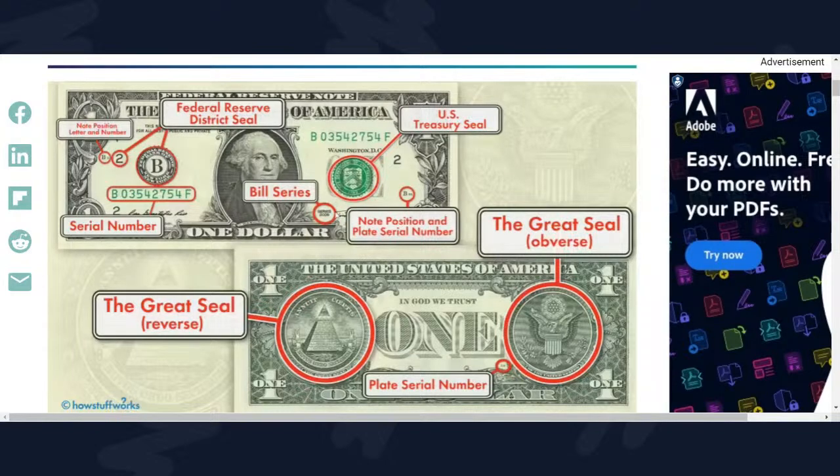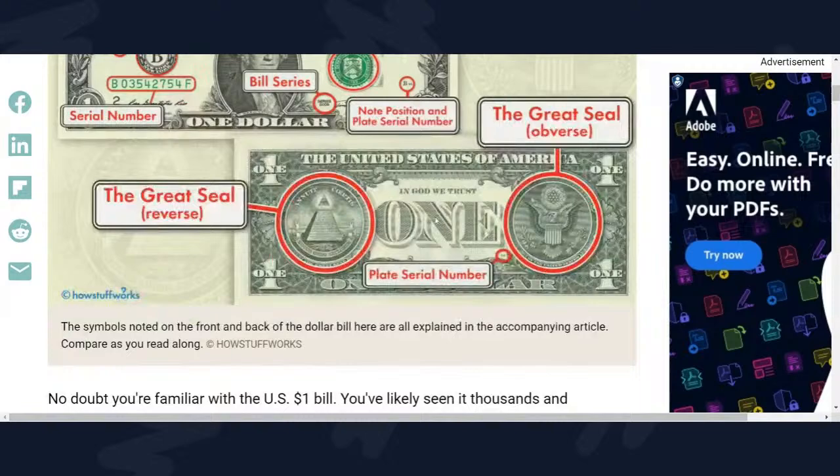And then here you have the bill series. It's going to tell you what year the bill was printed down here, just below the U.S. Treasury seal, which is then the next one. The green one is the U.S. Treasury seal. You will see it says Washington, D.C. It is not United States of America. It is United States Treasury seal. Okay. And then this bottom number again here is the note position and plate serial number. On the back,